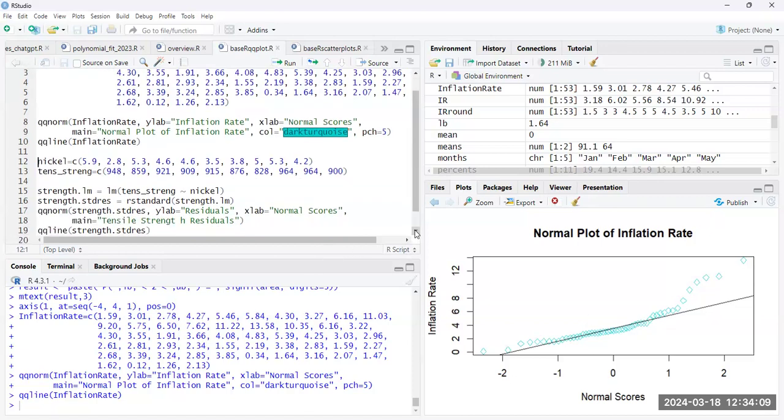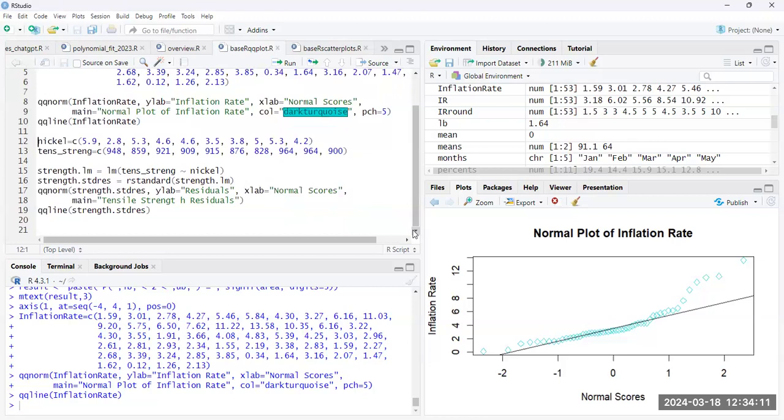Now, there's another application that we can use for plotting QQ plots, and that is in the context of looking at the residuals of a linear regression model. Our residuals are also supposed to be normally distributed, and so we're going to run through an example of plotting the QQ plot for a set of residuals. I have two sets of data here. The nickel quantity, I believe they're pennies, and the tensile strength. And so if we run that,